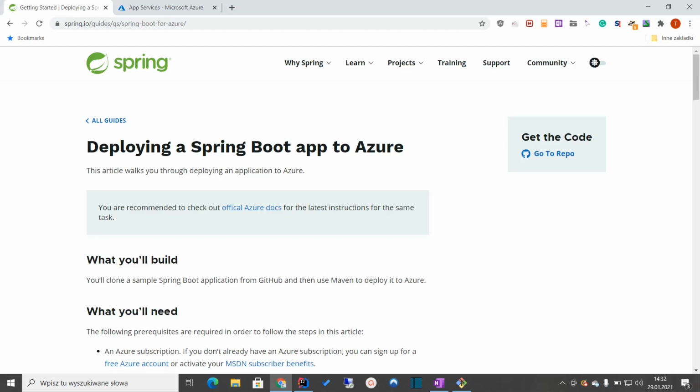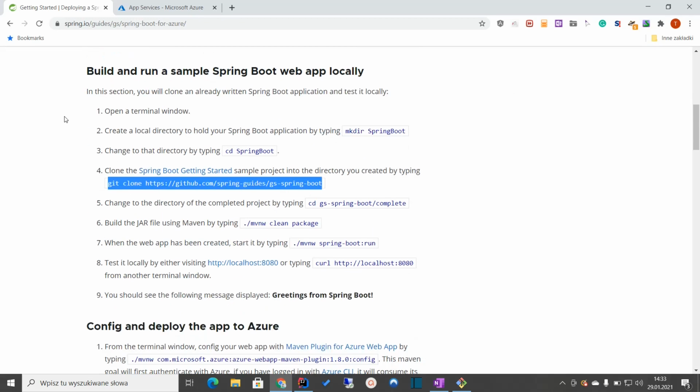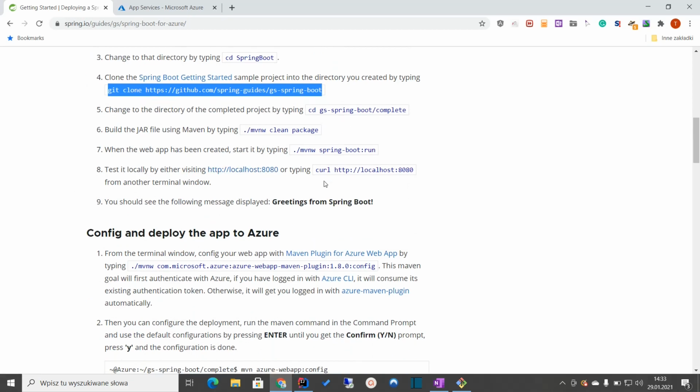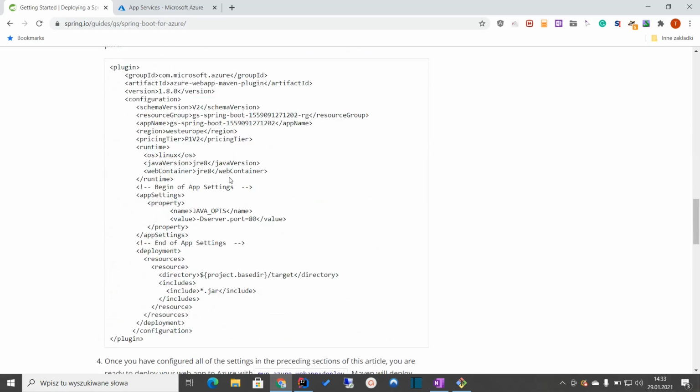Hello, in today's video I'm gonna present to you how to deploy a Spring Boot application into the Microsoft Azure cloud. As a reference, I'm gonna use a guide on the spring.io website. It's pretty straightforward. We'll first clone the repository from the Spring GitHub page, then build the application, run it locally, configure it for the cloud, and then the last step is deploy to